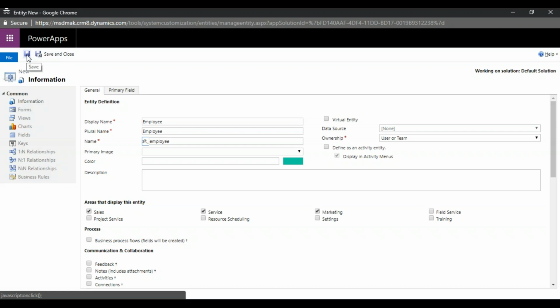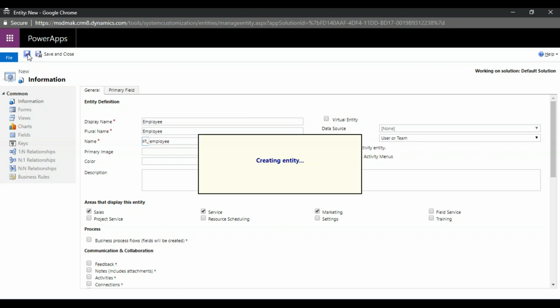Right now, this entity is going to be under sales, right? I want to give this permission to. That you can change, from sales to marketing. But I'm saying this ownership, that is user or team or organization. Right now, you are giving ownership as user or team. Oh, okay, so you are saying it's different. The module we can give to anywhere. Yes, the module you can change at any time. Okay, now let me save this one.